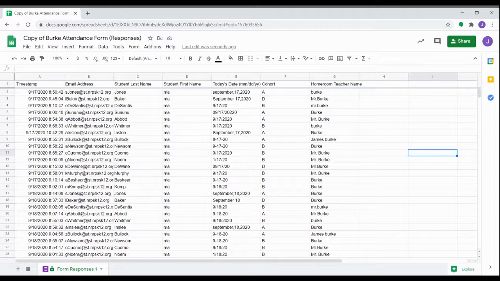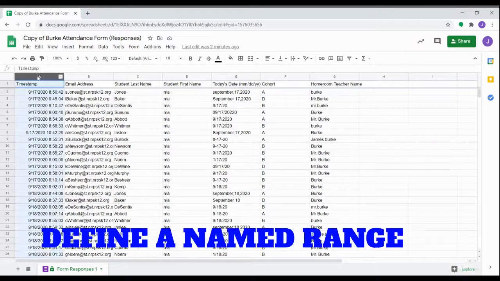I will say that this is easy to do, but there's a lot of steps. So make sure you're following along closely, because one small mistake can cause something to go wrong and you won't understand why. In fact, while I was recording this, the first time I made a small mistake and I wasn't sure how to fix everything, so I actually had to go back and restart. Okay. But anyways, the first thing that we're going to do is define a named range